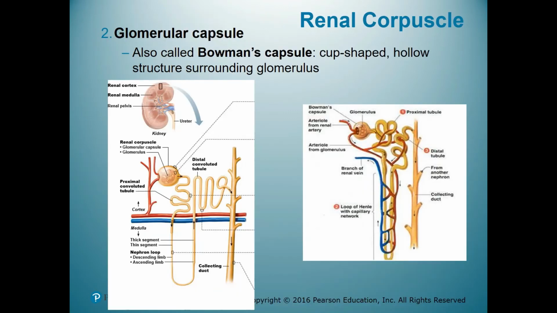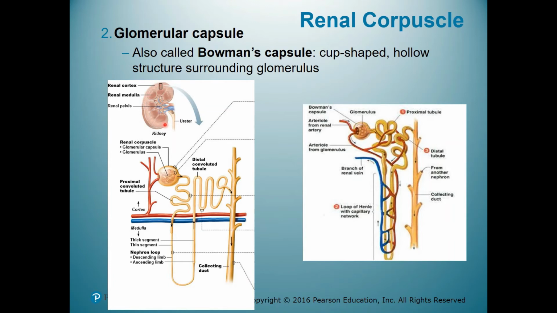Okay, so here's our example of the nephron. This portion of the nephron is mainly in the renal cortex. And this portion of the nephron here is mainly in the renal medulla. And we have two different types of nephrons, and we're going to go over those two different types. But one type of nephron is called the cortical nephron. It's found mostly in the renal cortex. And then we have the